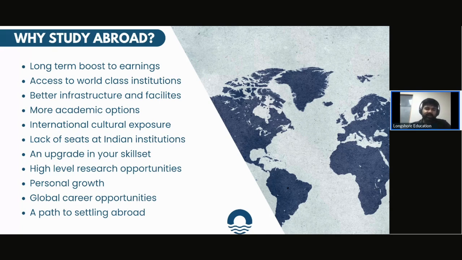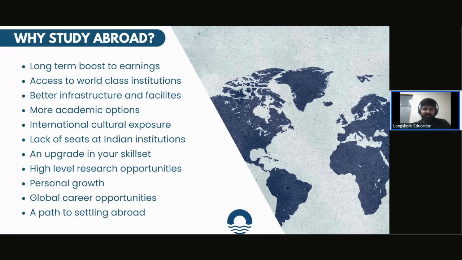The next point is something which everyone would have encountered at some point in their careers, which is the lack of seats at Indian institutions. The competition keeps increasing. Just very recently, we had this whole scenario where 67 people scored a perfect score in the NEET UG exam, which is not something very viable, because considering the apex body of medicine in India, AIIMS only has about 30 seats for medicine. So even if you consider that all these students get admitted to AIIMS, you still have 35 students who will not be able to get there.